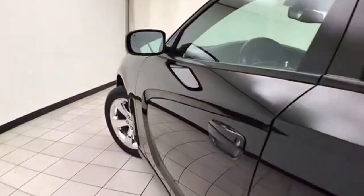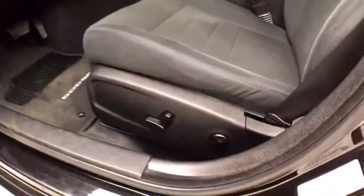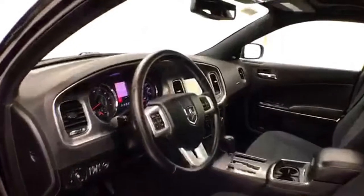This Rallye has keyless entry with remote start, power windows, locks, mirrors, power driver's seat, along with a tilt and telescopic steering wheel to put you in that perfect driving position, power moonroof,